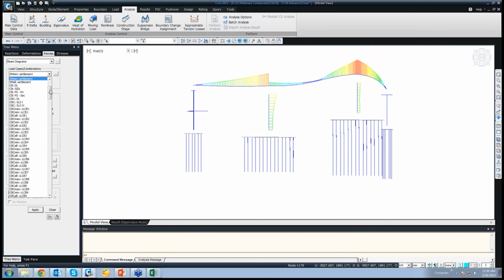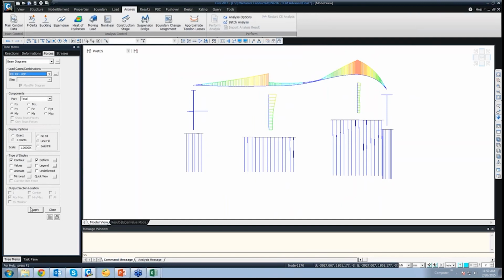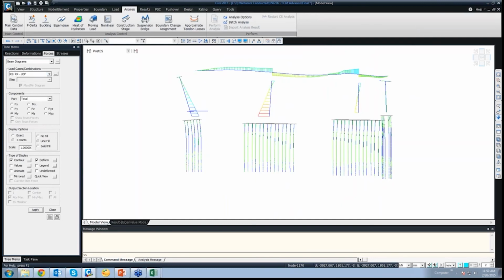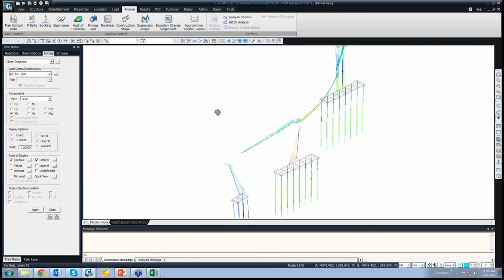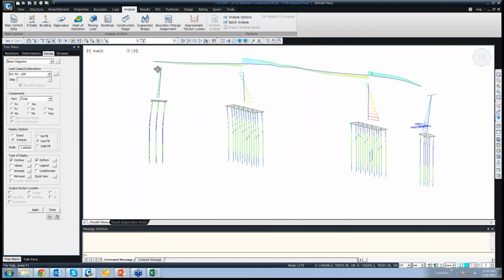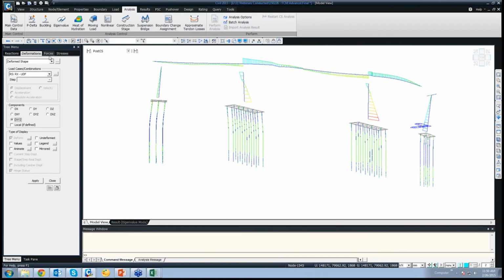Now for the response spectrum, say RS in X. Similarly, we can check the deformations as well as the stresses due to that.